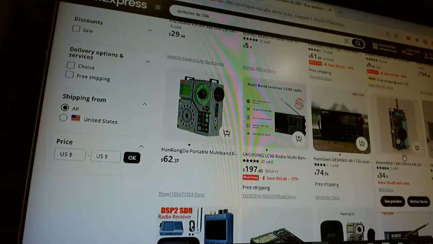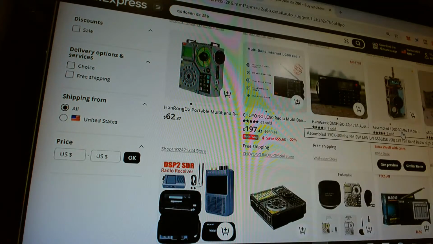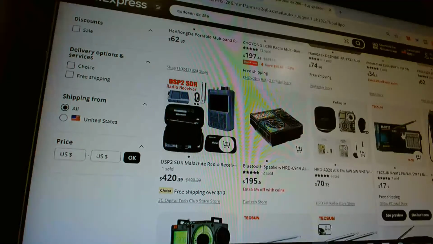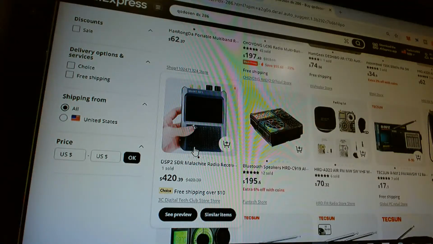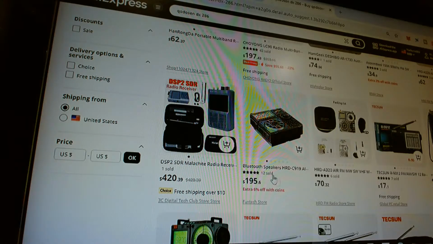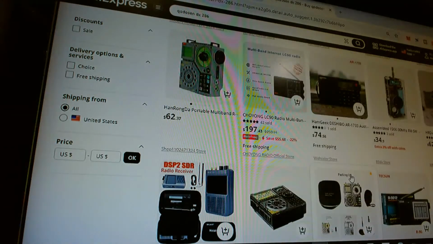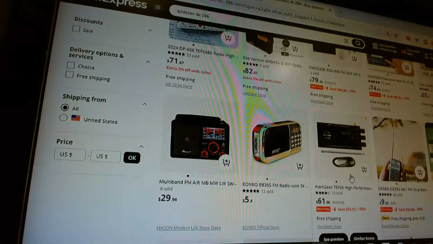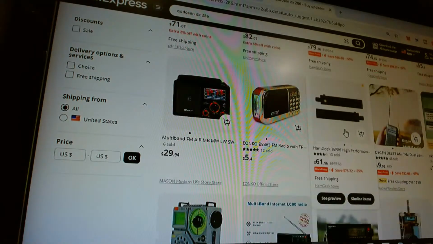I don't know. That one looks interesting. That clear one looks interesting. And the model here, this is the DSP2. Yeah, I don't think so. This is definitely a good price.